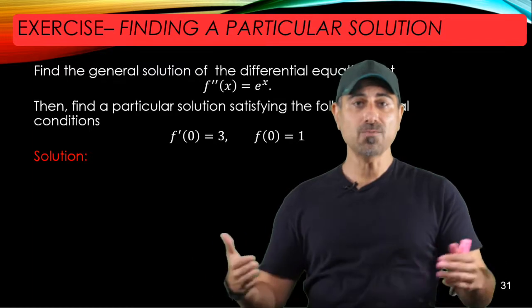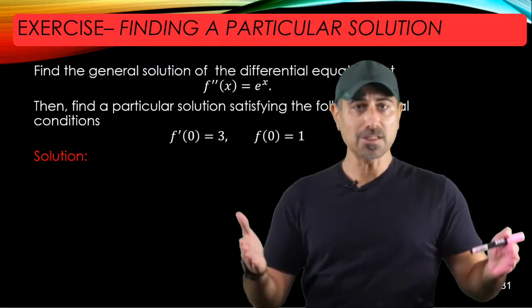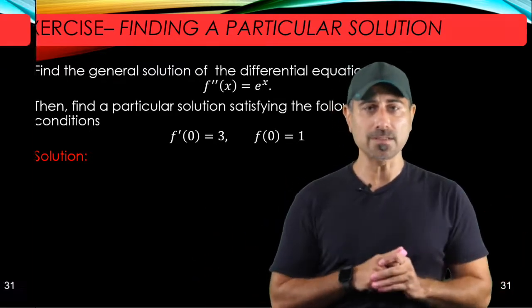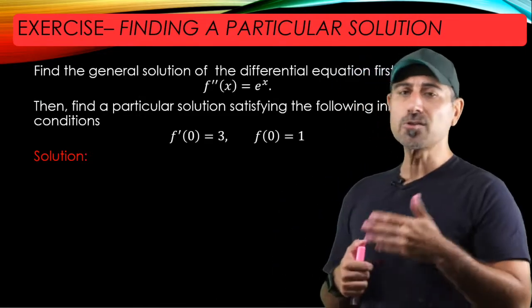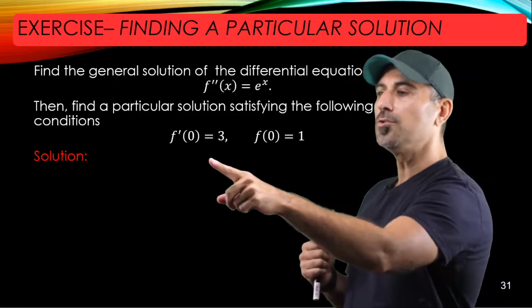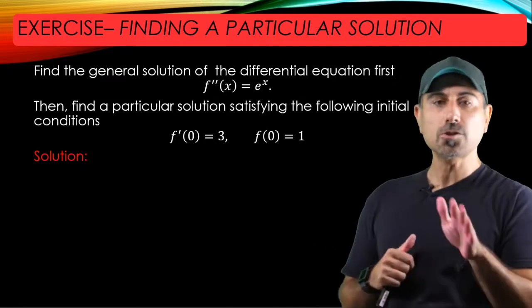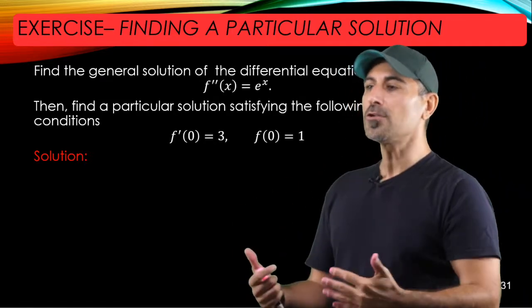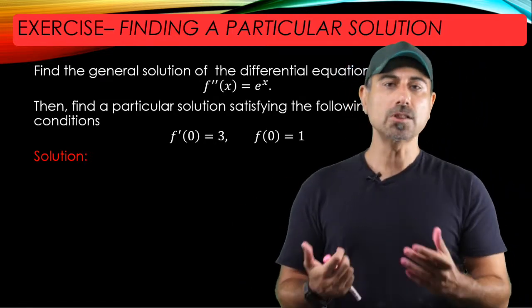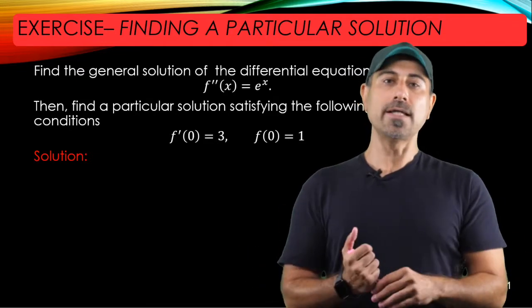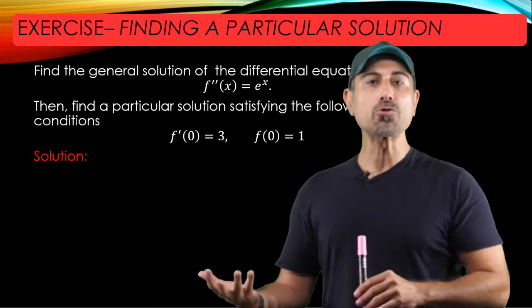And that means we are going to have the general solution depending on two arbitrary constants. So to get rid of this arbitrariness, we are going to use these two conditions to determine those constants. Eventually, we're going to find the solution without an arbitrary constant, and that solution is going to be called